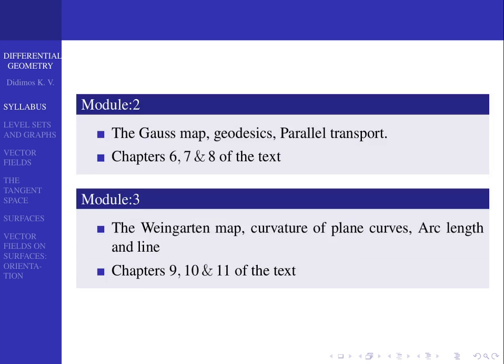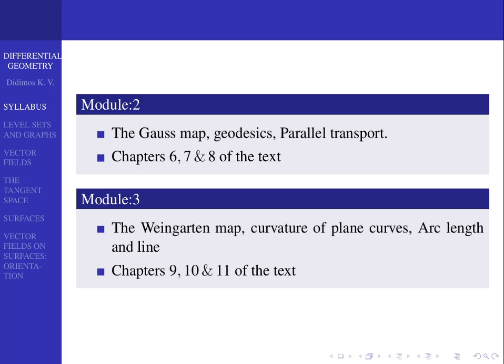In module 2, we have three chapters, chapter 6, 7, and 8. That consists of Gauss map, geodesics, parallel transport. These three chapters are in module 2. In module 3, we have again three more chapters, 9, 10, and 11. It consists of Weingarten map, curvature of plane curves,